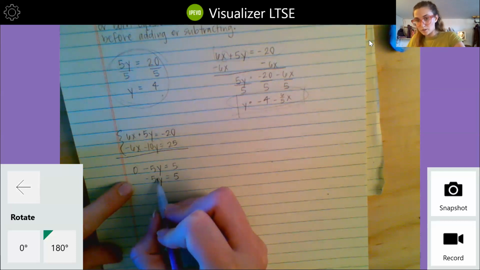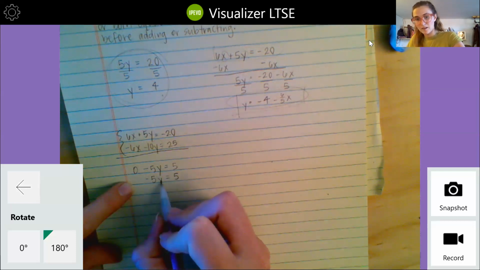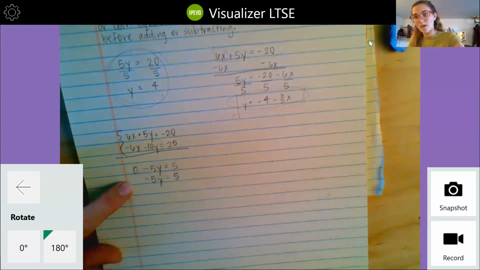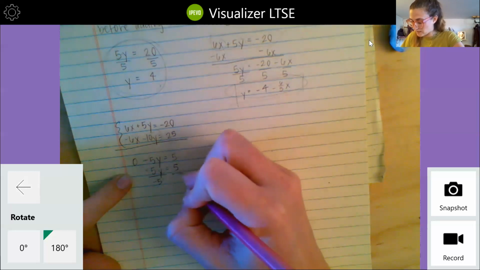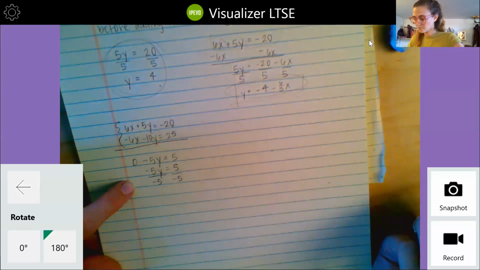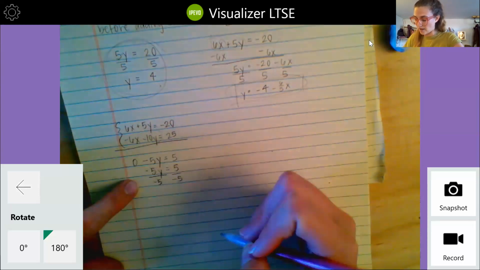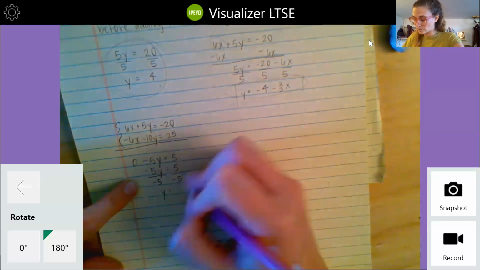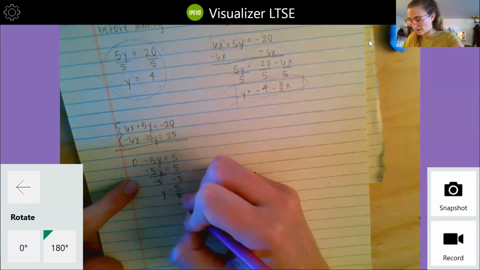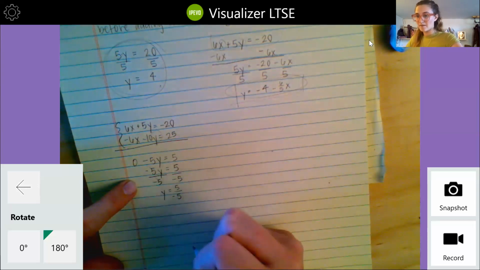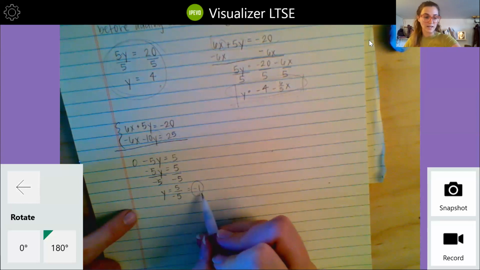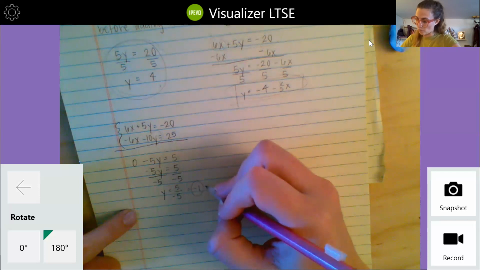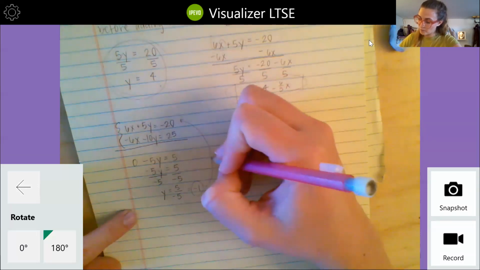Again, there's that invisible multiplication going on between the negative 5 and the y. So in order to undo that multiplication, I need to divide. So I divide by -5, divide by -5. And then these -5s cancel out, and I'm left with just y equals 5 over -5. But 5 divided by -5 is just equal to -1. So -1 is my answer for y. And now what I can do is I can take that -1 and I can plug it in to either one of these equations